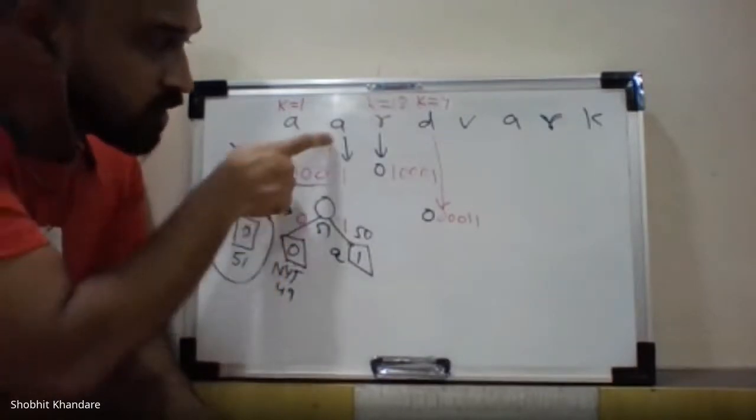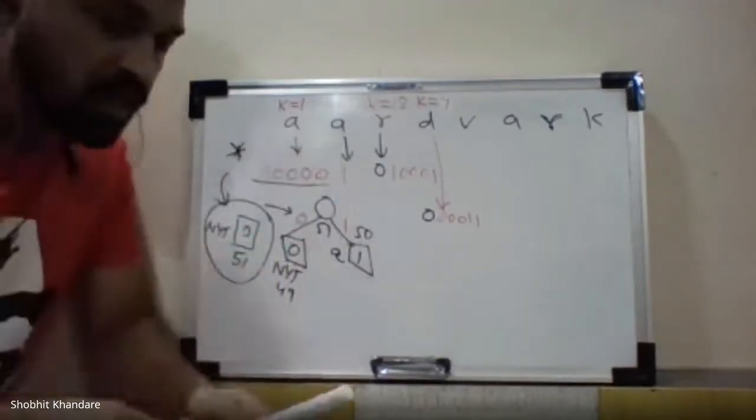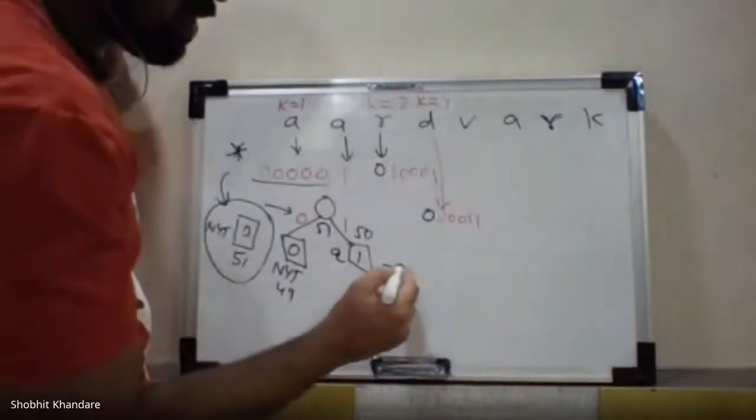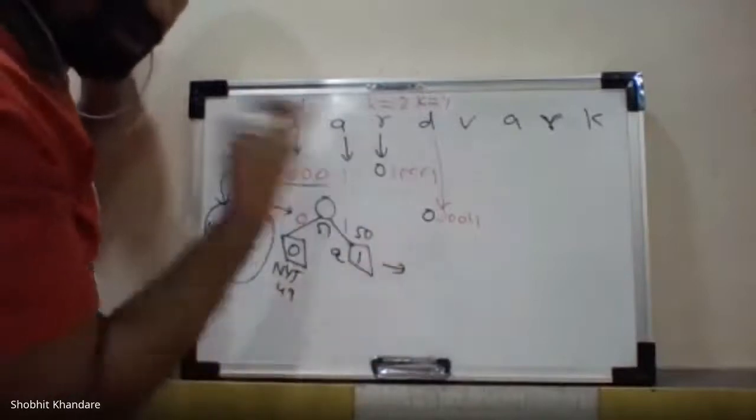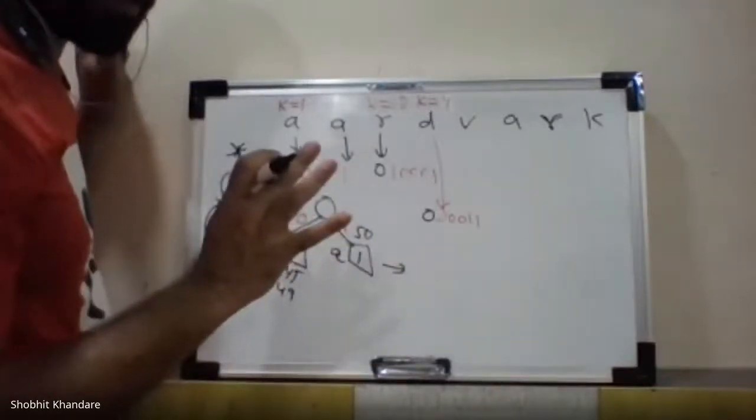But the updation is required. We have to include this A now into the tree. How do you include this into the tree? You do not need to draw this. Again, I am saying because you have already drawn. You just have to refer to that previous tree diagram. Okay.